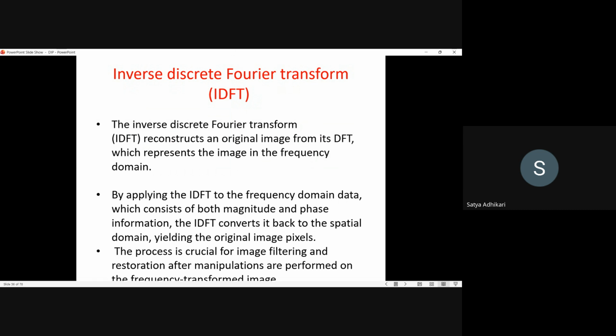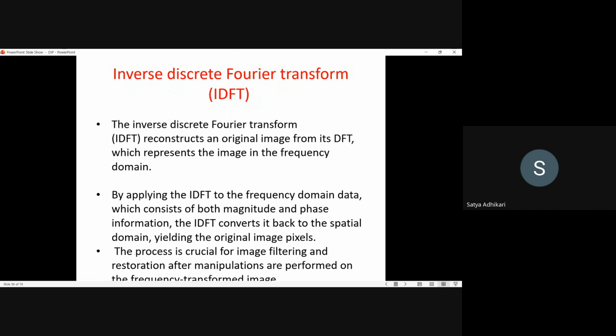By applying IDFT to the frequency domain data, which consists of both magnitude and phase information, the IDFT converts it back to the spatial domain, yielding the original image pixels. The original pixels will not change. The process is crucial for image filtering and restoration after manipulation performed in the frequency domain. So here the image